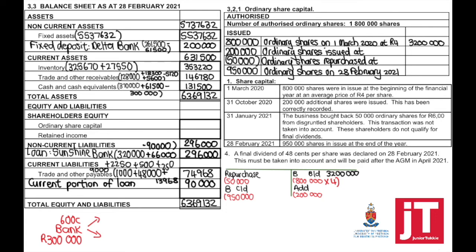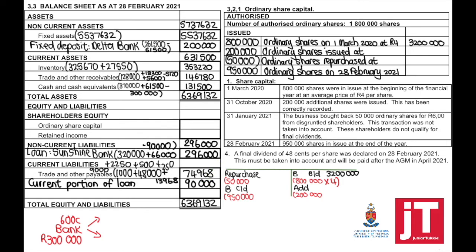If I look at this question now and the information in front of me, it's clear I cannot solve the ordinary share capital note. I don't know what the figure at the end is. I don't know what the average price is because I cannot calculate it after the additional shares were issued. This means that I will need to look at the balance sheet first, see if you can find any figures there. If I look at number 4,